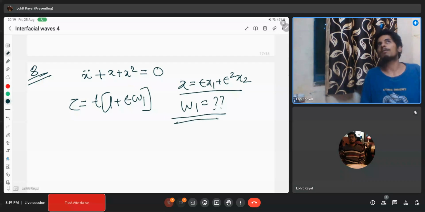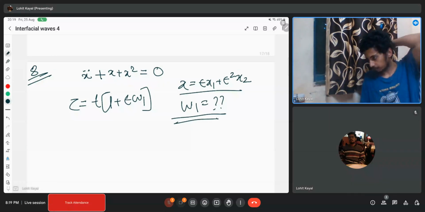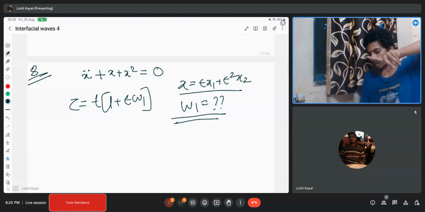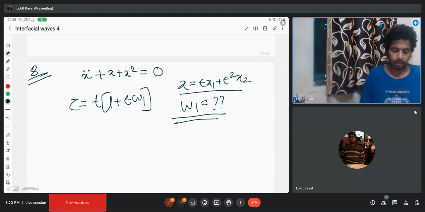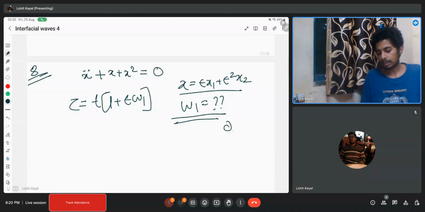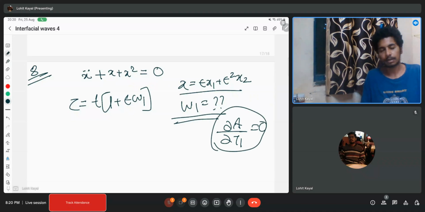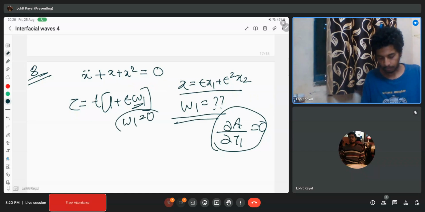Now we have already solved the problem using the multiple scale technique, right? From there we have found that del A del T1 is equal to 0. From that information only, can you predict what your omega 1 will be? Your omega 1 will be 0. Because